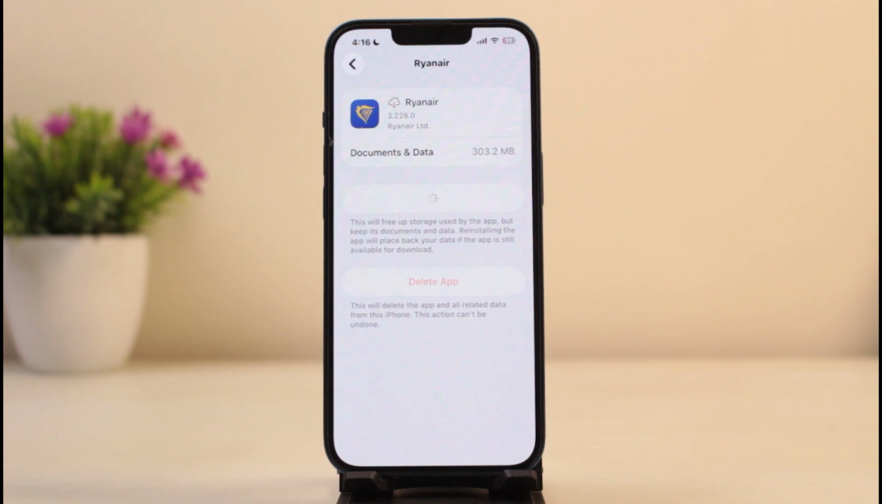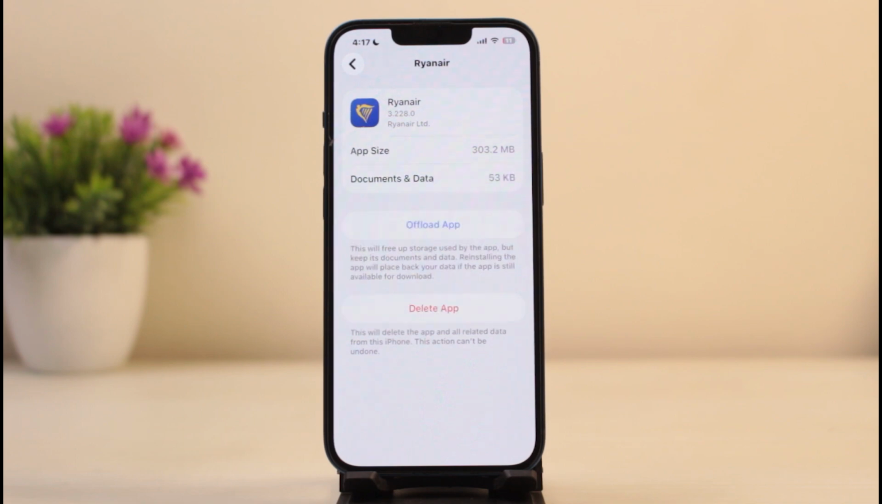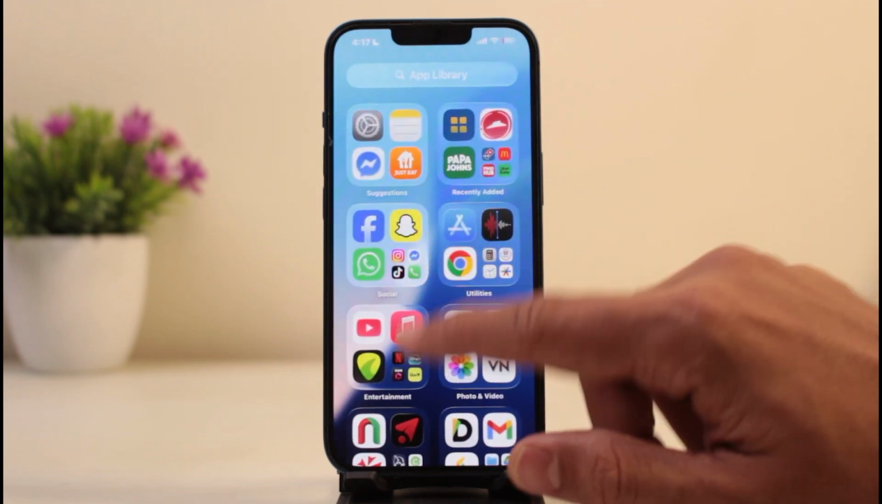And what this does is it deletes the application whilst keeping its documents and data. And the next time you open the app, you shouldn't be facing any problem regarding your login. However, if there's any other issues with the app, you can simply restart your device once and open the app